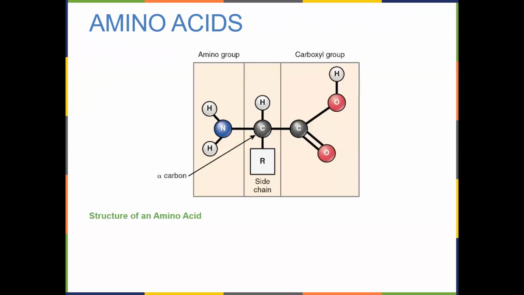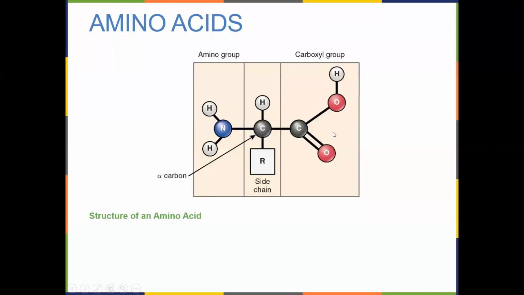This is what an amino acid looks like. This doesn't change out here. This is the amino group. We call that because it's a derivative of the ammonia group. You know, nitrogen and 2 hydrogens is the basis for ammonia. We call this the amino. And NH4 is ammonia. This has two hydrogens, not 4.